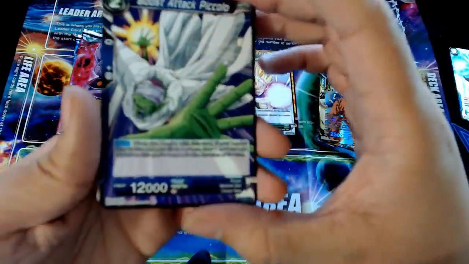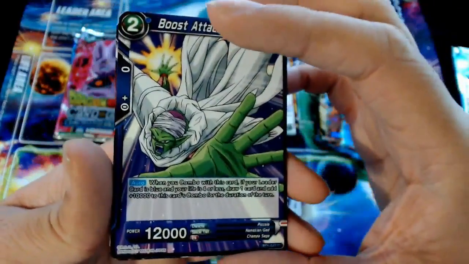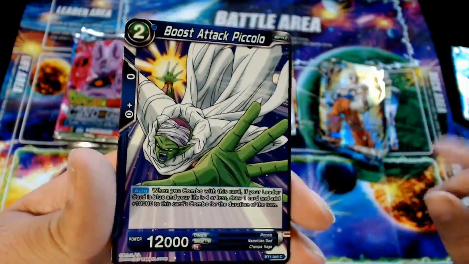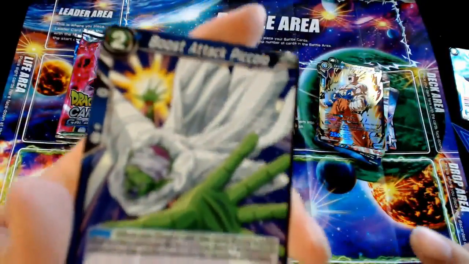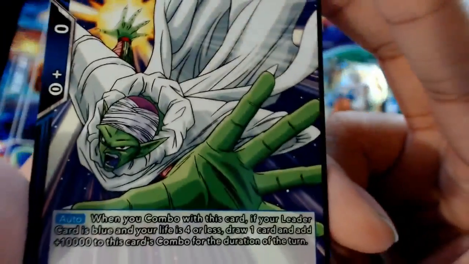Boost Attack Piccolo. Oh, this. So if you haven't seen our starter deck review, go watch it, because I'm going to be referencing some of the things I said there. Boost Attack Piccolo is one of the cards that you need to add 4 copies of to your starter deck. Every color has 1